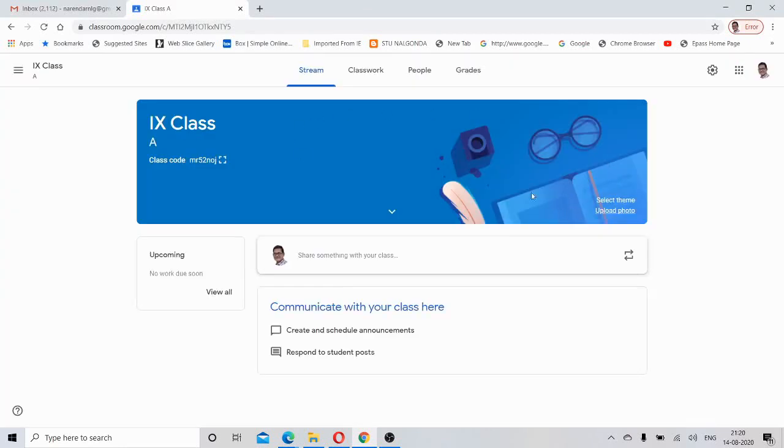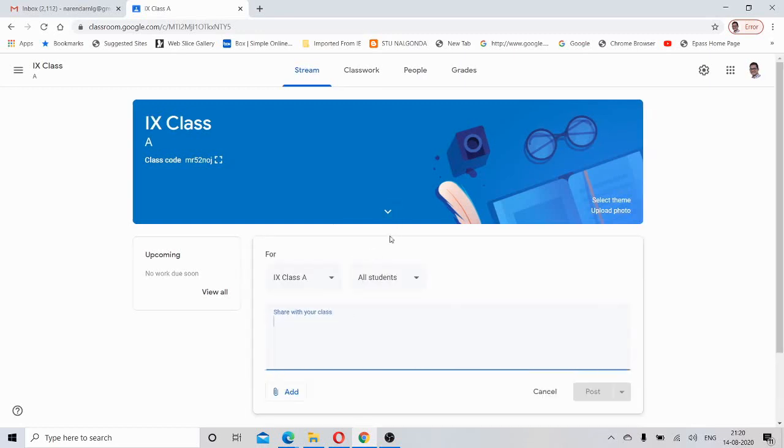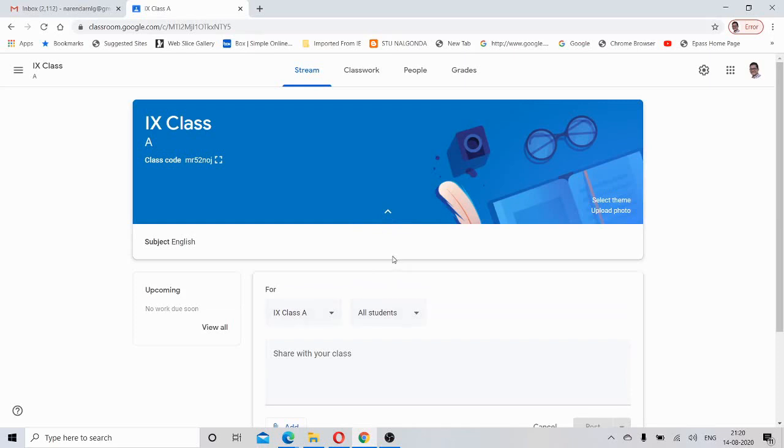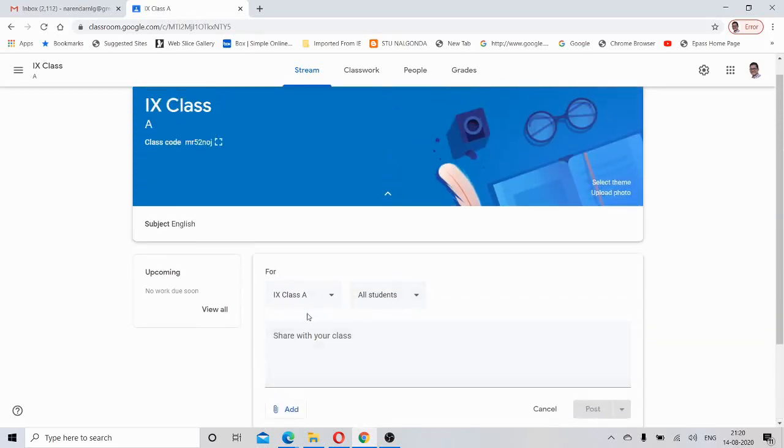So in this way you can change the theme, and even you can upload a photograph. And now let us see here. So below the theme you could see something. See here, let me go back and see here.